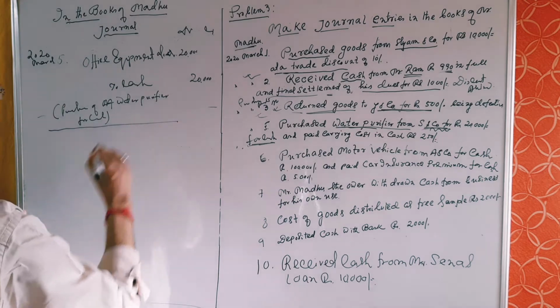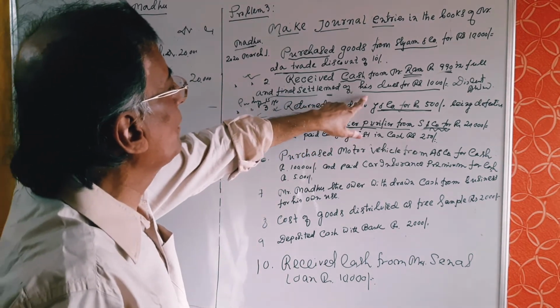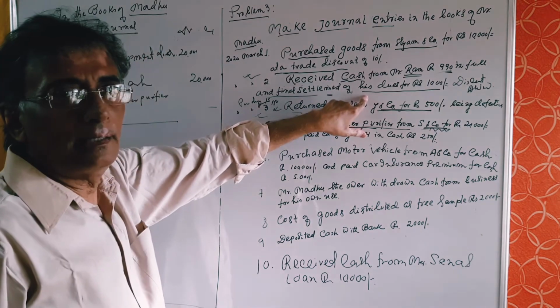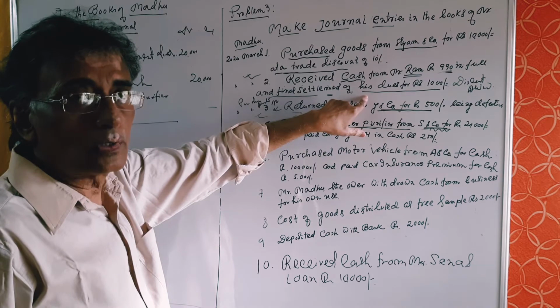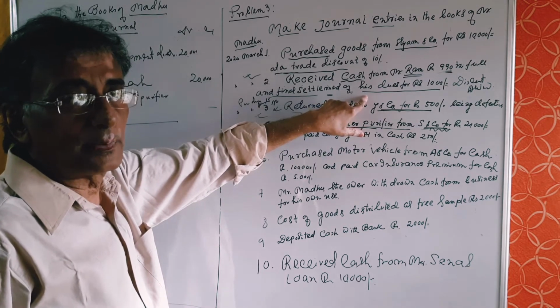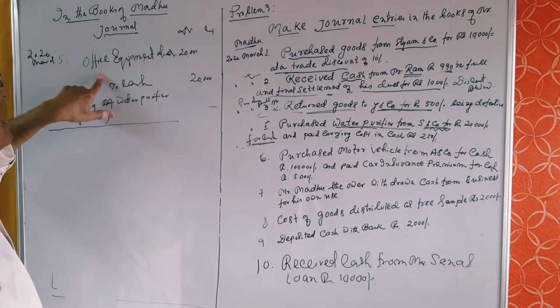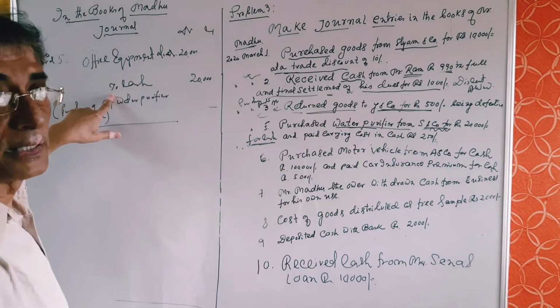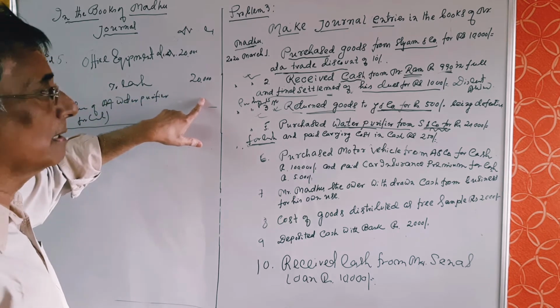This is the condition. So office equipment, water purifier, goes under the head office equipment. Office equipment is an asset. It goes under the head real account, and as per real account, what comes in is debit. That's why office equipment account has been debited, and it is purchased by cash. So cash account is credited as per golden rules of real account.